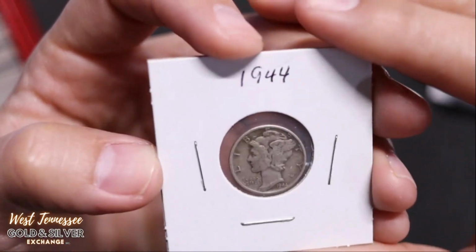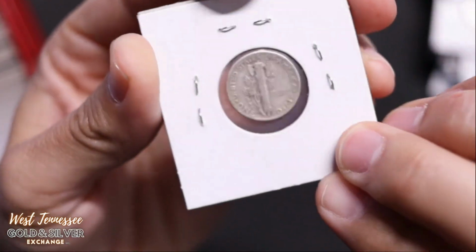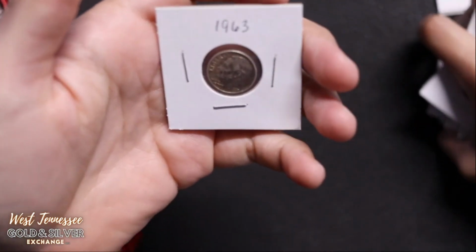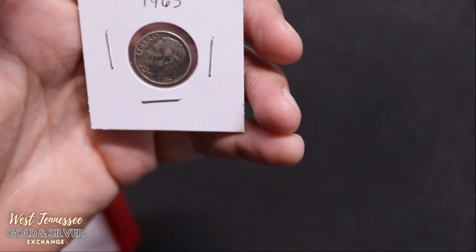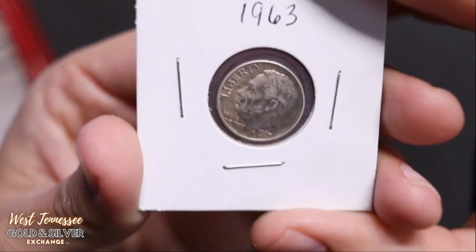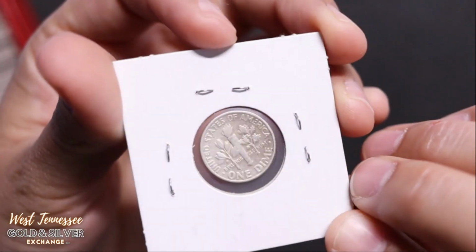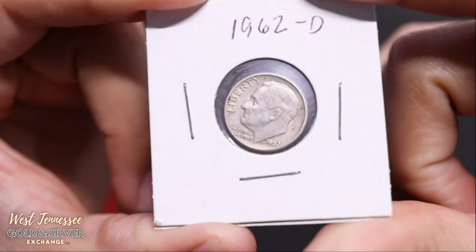And 1944. 1944 Mercury dime. A '63 Rosie right here. Just move some of these guys out of the way. 1963 90% Roosevelt dime. If you're putting together one of these albums, you'd want to get the specific dates, or